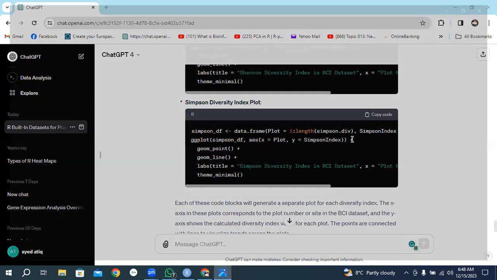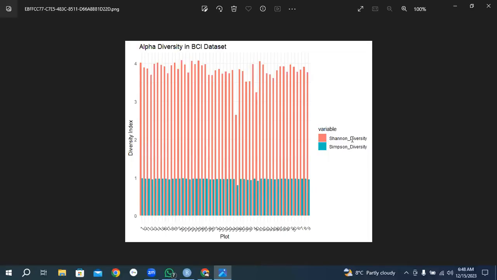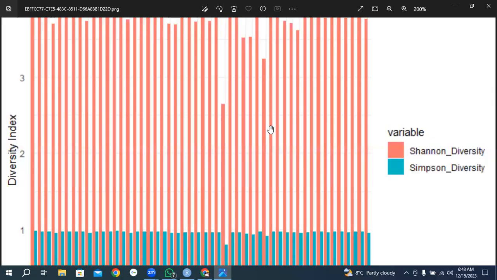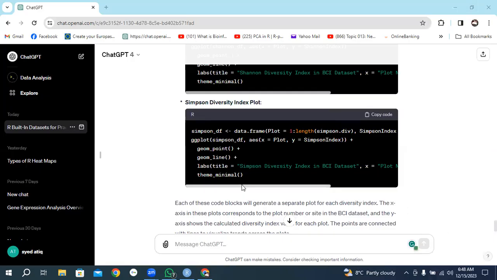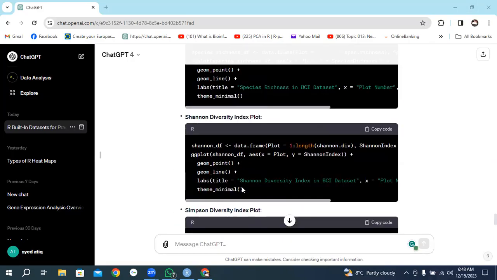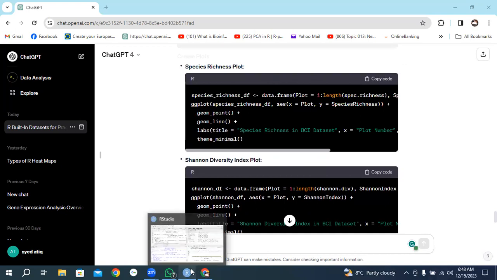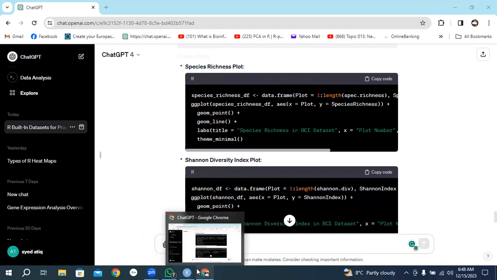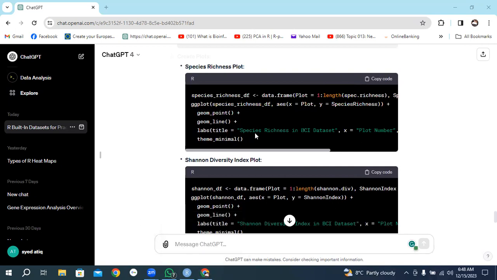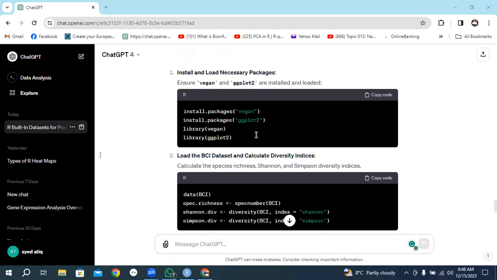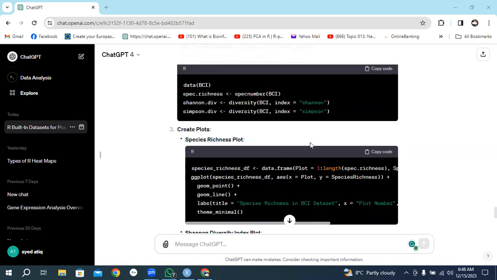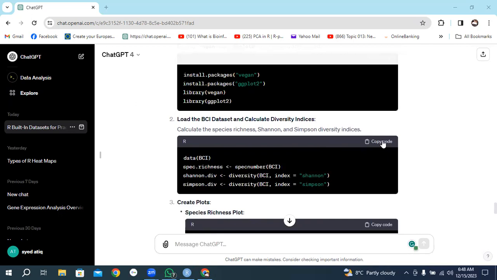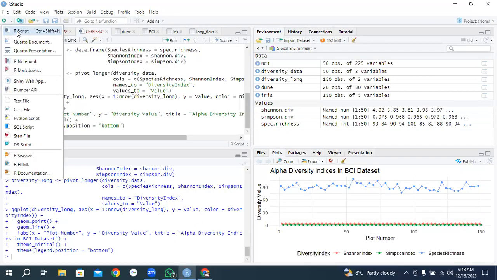Yes, you can create it like this. No, a better way is to explore a point and line graph if you are using multiple plots. But if you're using a single plot, you use a bar graph or histogram. So first create a data frame, open a new script,